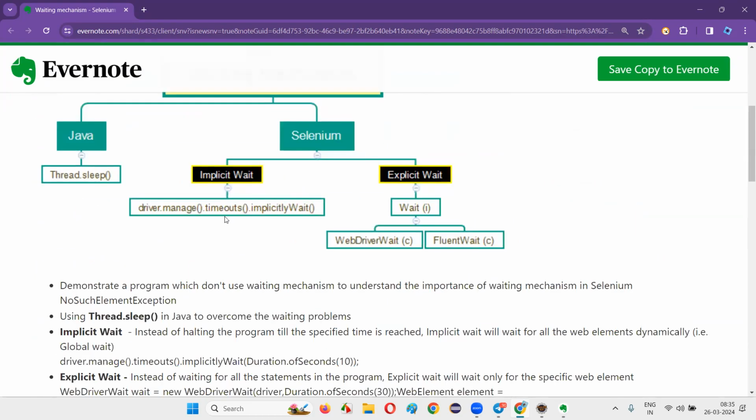Okay. Does implicit wait have explicit conditions mentioned anywhere? You wait for the element to be clickable. You wait for the element to be visible. Are there kinds of conditions you are giving in implicit wait? No, that means it will wait only for visibility of the elements, not for the clickability of the